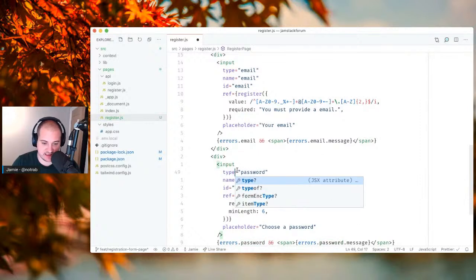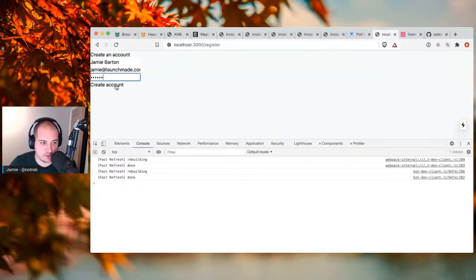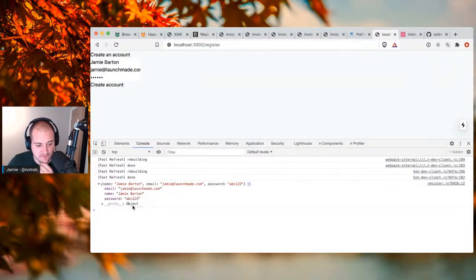Password. That's why that's like that. Then we'll go. So we've got ABC123. I have to remember that. Let's then go to console log, click create account, and then there we can see the values they have updated